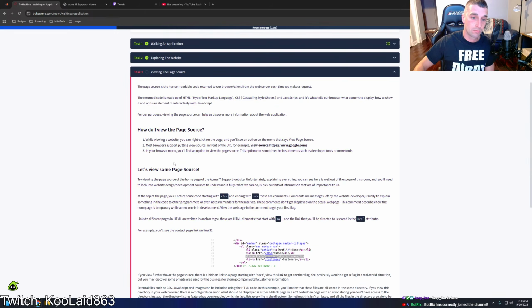The page source is the human-readable code returned to our browser/client from the web server each time we make a request. The returned code is made up